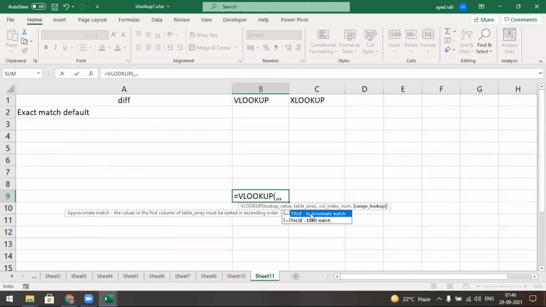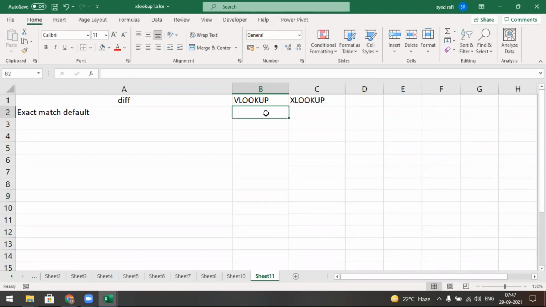These points you must remember, because in an online examination they ask like this. And also they give one table and some formula and ask what result will be displayed. Okay, you must remember all the arguments. So now you say in VLOOKUP, is exact match the default? No, exact match is not the default in VLOOKUP. It is approximate match by default. So we say here no.